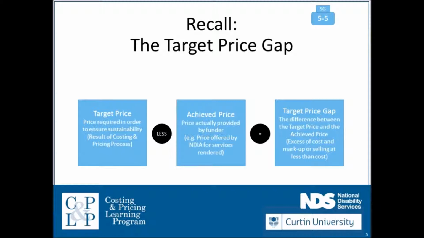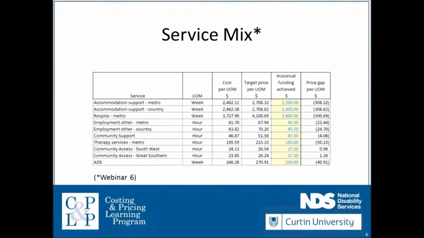So one of the areas that is really important to consider is that of service mix. And I'll talk about that a little bit more in webinar 6, as I mentioned before, but also the service mix at the aggregate level is what tells us the extent to which we are financially sustainable or not. One of the things that I like to say in relation to the target price gap is that it's